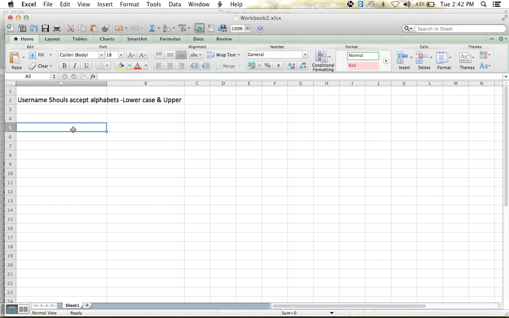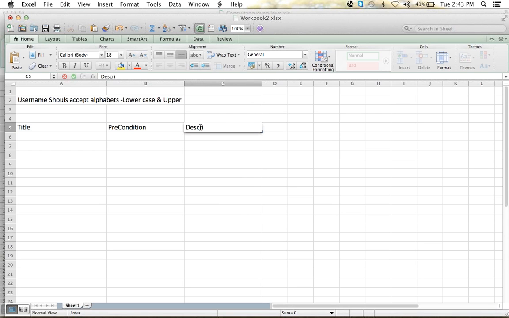If I want to write a test case, there is a predefined template. I need to mention a title. I need to mention a precondition. I need to write a description, which is an optional one. Test steps.